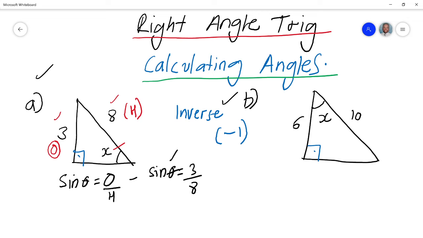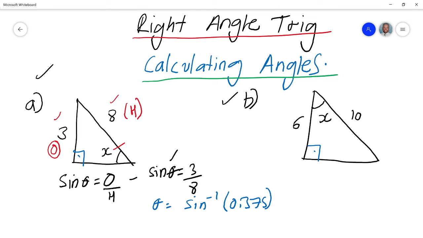All right, so always look at your inverse function in order for you to understand that. So sine theta is 3 over 8, so therefore theta is sine inverse of 3 divided by 8. So what you need to do is get your calculator and go 3 divided by 8, which is 0.375. Then you go sine inverse 0.375. All right, so what we did was we got 3 divided by 8 and we got 0.375, and then